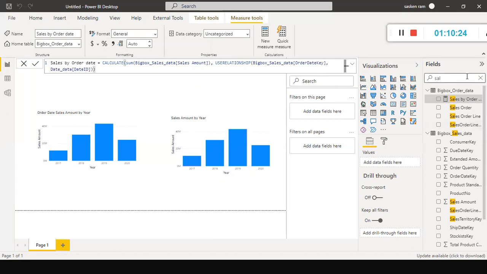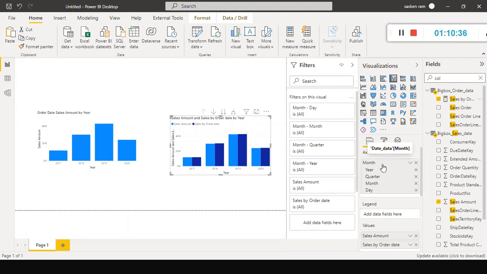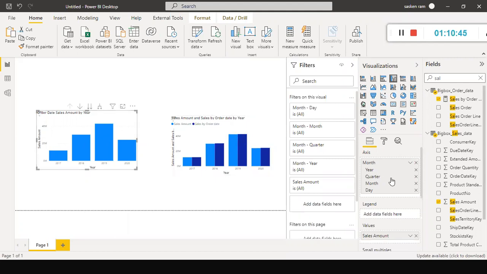Sales by order date. Okay, I just do drag and drop here. Look here. This is the one, and for this one, I have used a sales amount.